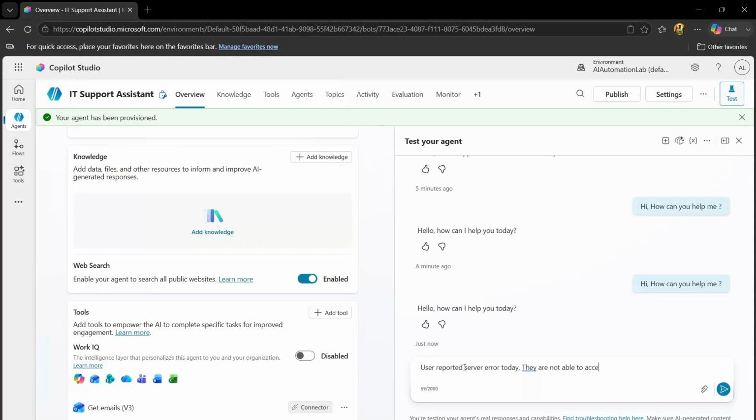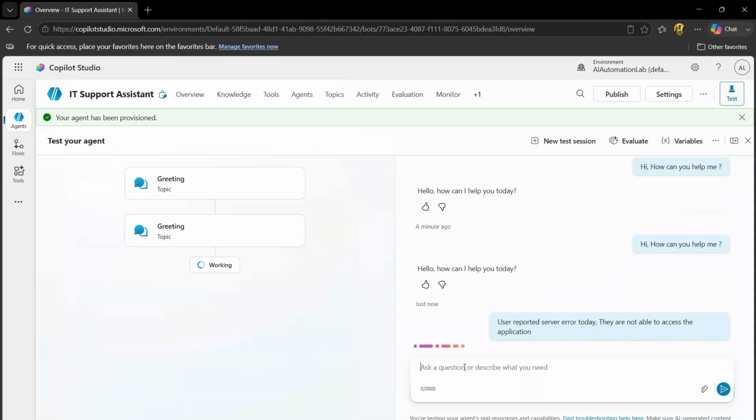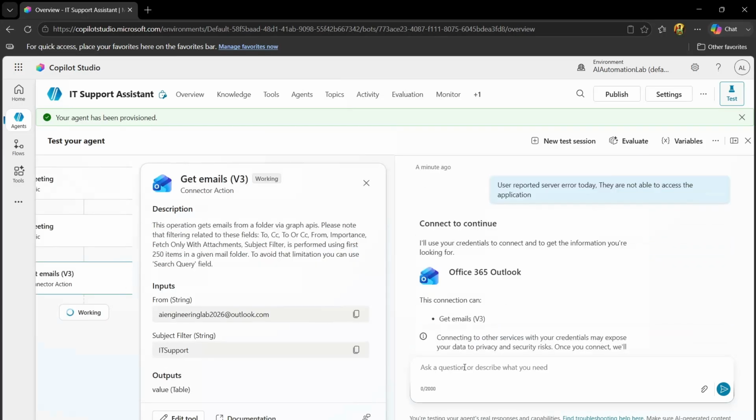Now click on the send icon, and after that our agent will read this command, analyze it,